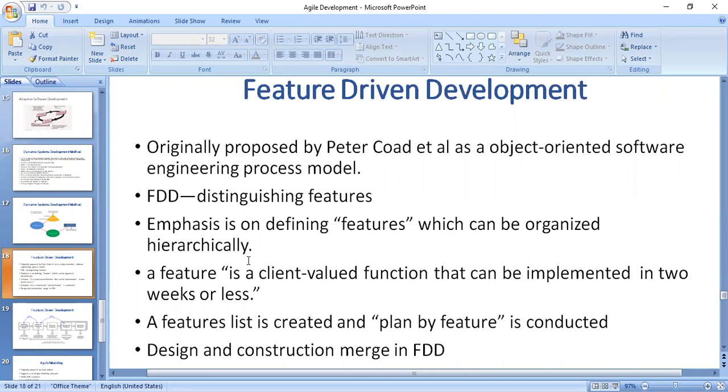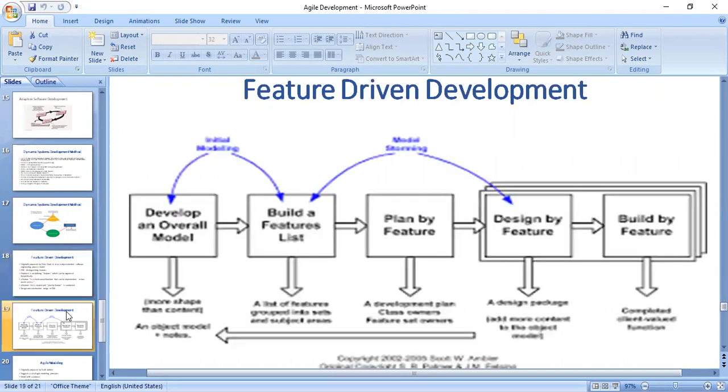The figure shows the activities with their durations: the first two are sequential activities that shape the overall model, and the final three steps are iterated for each feature.